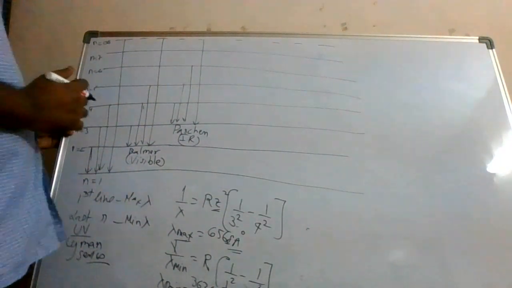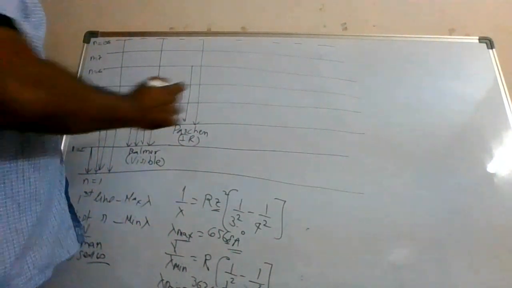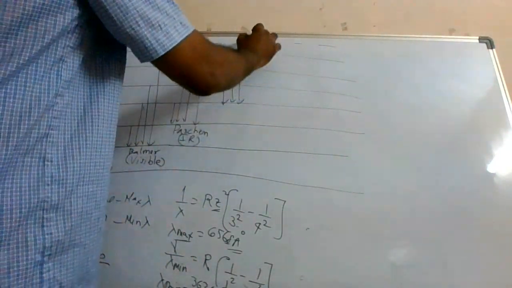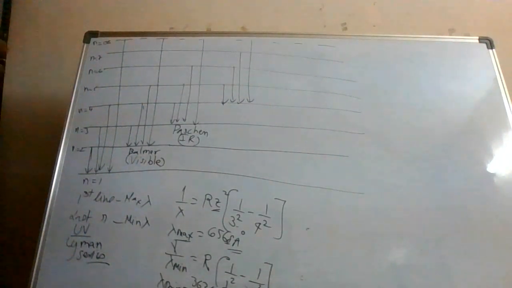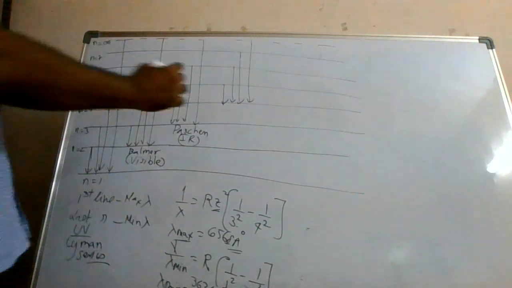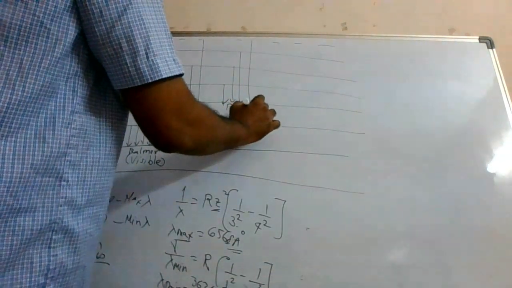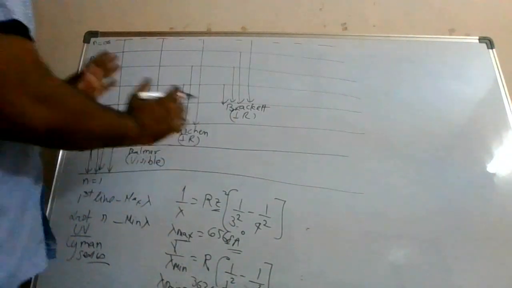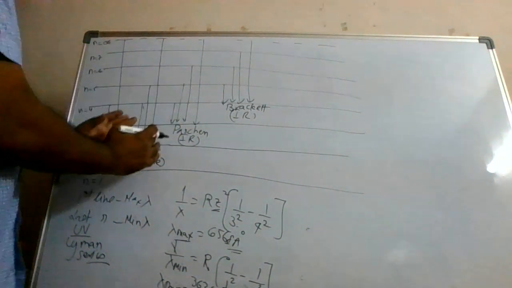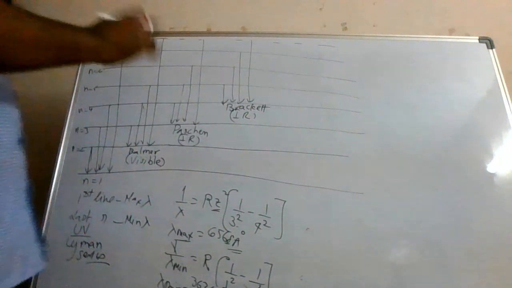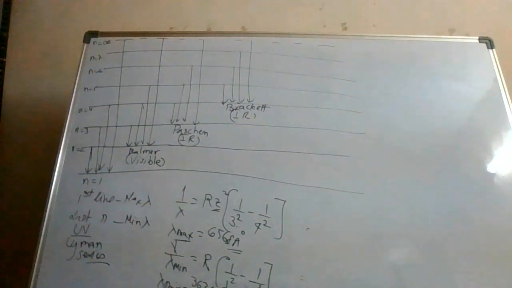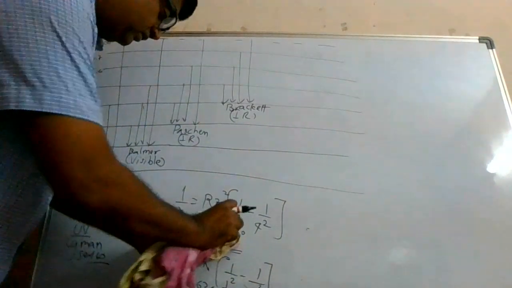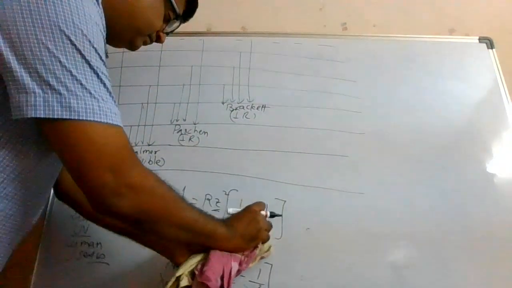We have covered up to the 3rd, so we'll go to the 4th. From 5th to 4th it can come, 6th to 4th, 7th to 4th, and so on, infinity to 4th. So this is called the Brackett series. Some new name. This is also IR. See, first UV will be there, then only Balmer is visible. After that, all are IR only. They are not visible to the eye. So for Brackett, this 3, the first value, will become 4, and this will become 5.